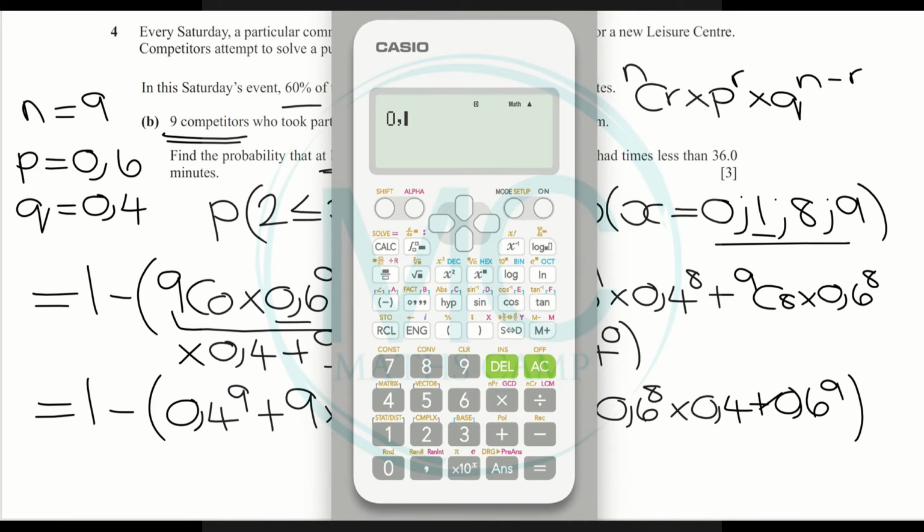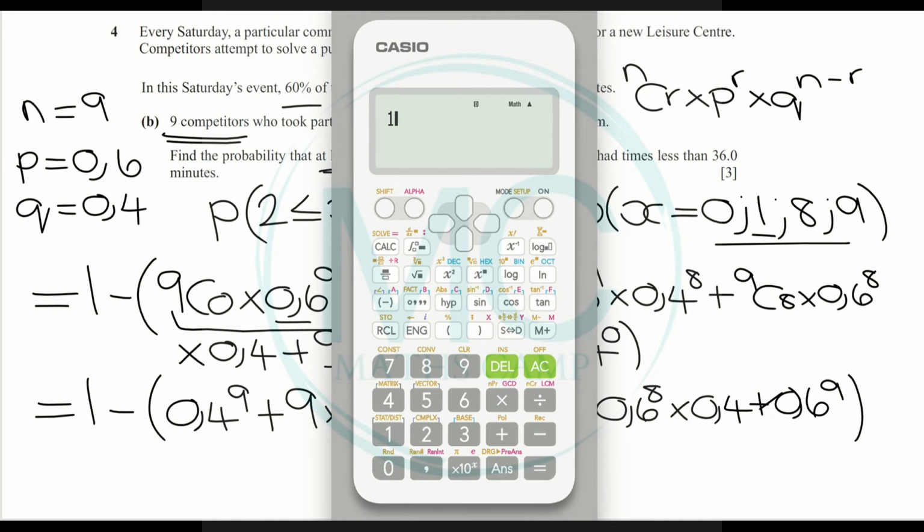I have 0,4 with an exponent of 9 plus 9 multiplied by 0,6 multiplied by 0,4 with an exponent of 8 plus 9 multiplied by 0,6 with an exponent of 8 multiplied by 0,4 plus 0,6 with an exponent of 9 is equal to, we want to subtract this value from